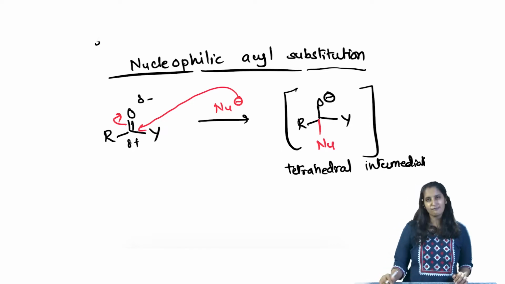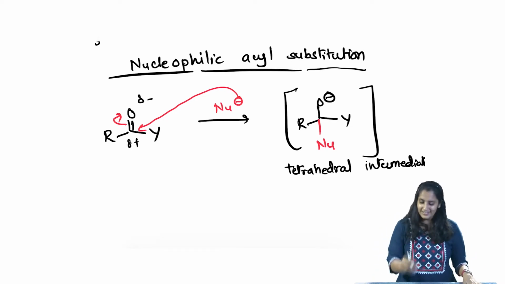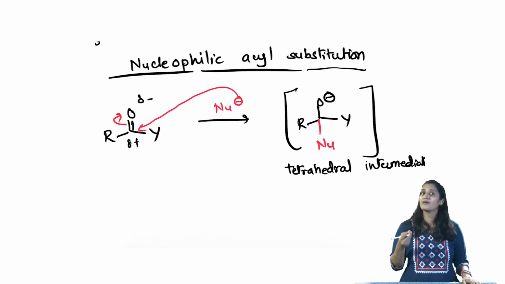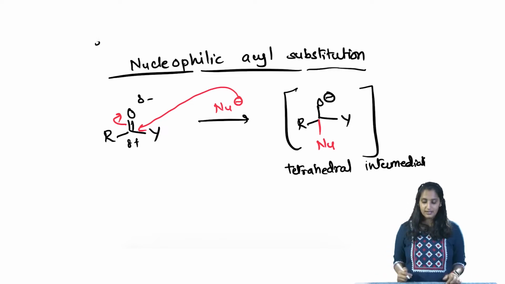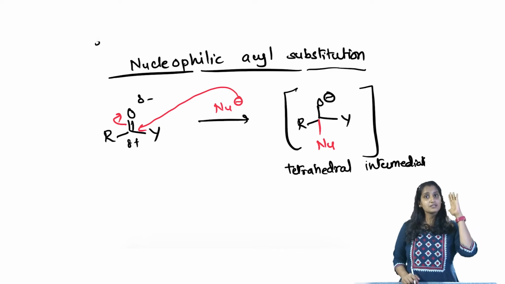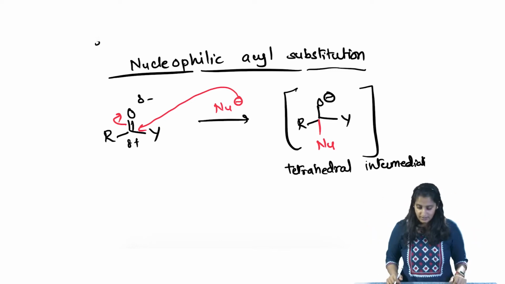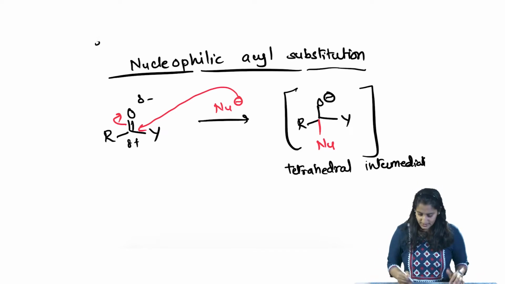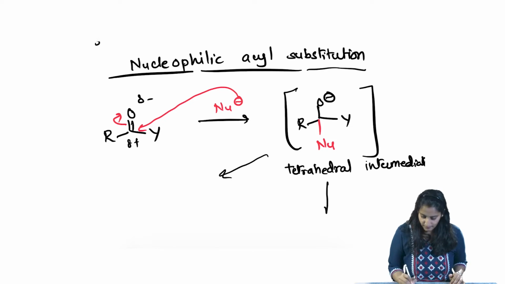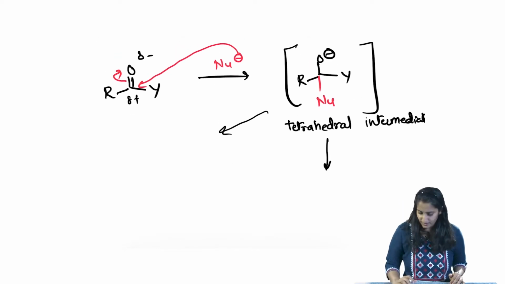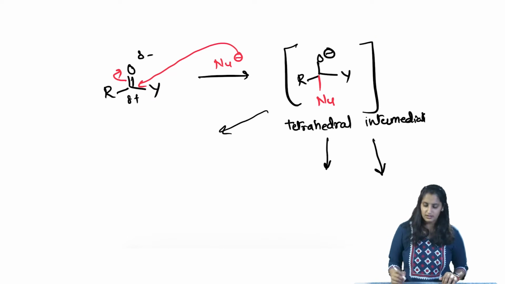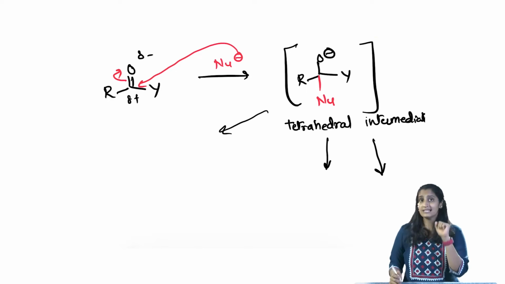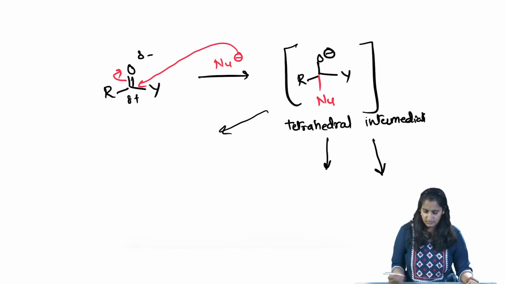Chemists are not so innovative with names, because this tetrahedral intermediate literally gets its name from the geometry that it has. It is tetrahedral in nature. Remember, we started from trigonal planar, and now we are going to tetrahedral. Now, what is the fate of this particular intermediate? There are two fates that it can have, or rather 3 fates. Let me look at it this way. Now, if the nucleophile is a better leaving group than Y, the group based on the starting derivative,